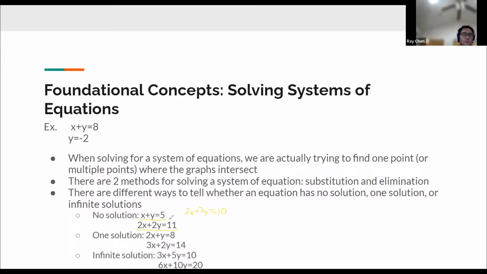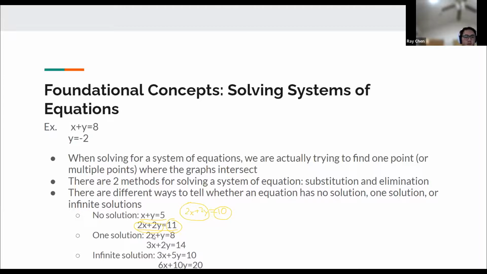So while these two are the same, this constant number is different. So the numbers with the coefficients, those are like the graph. Those are like how the graph will look. So the slope of the line on the graph will look the same, except the constant makes it never intersecting each other, which makes this have no solution. And